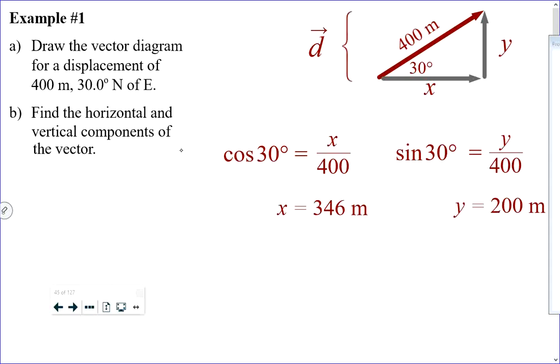Once again, and forgive me here that I know it's not exactly 346. It's 345 point something or 346 point something. But what I am telling you is this, that 400 meters, 30 degrees north of east,